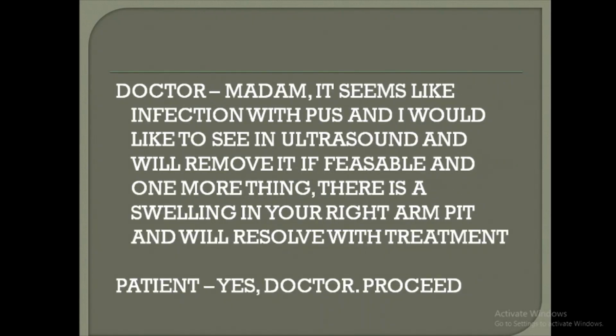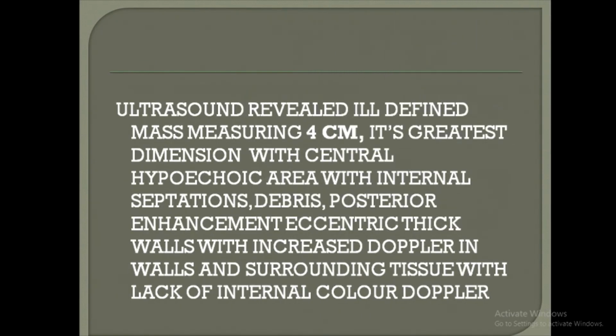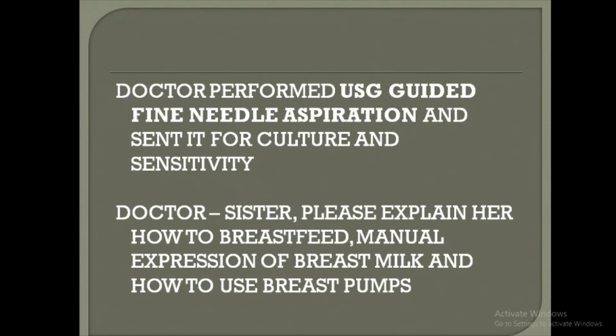On doing ultrasound, it is an ill-defined mass measuring 4 cm in its greatest dimension, with a central hypoechoic area with internal septation, debris, posterior enhancement, eccentric thick walls with increased Doppler in the walls and surrounding tissues with lack of internal color Doppler. Since it is less than 5 cm, the doctor performed fine needle aspiration and sent it for culture and